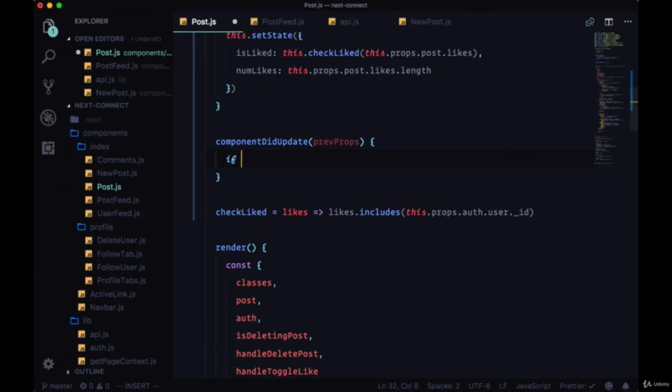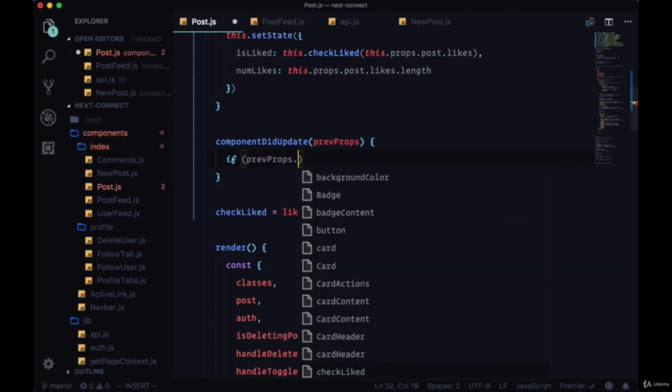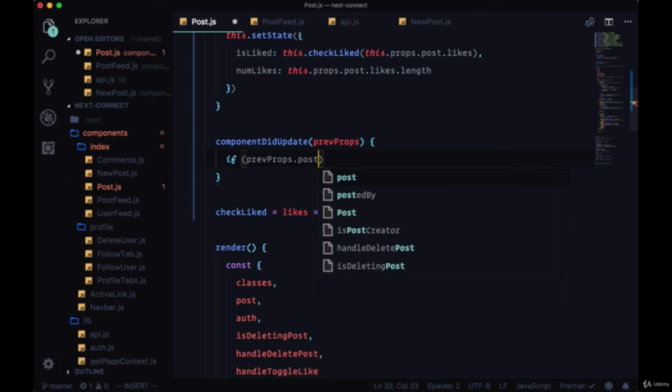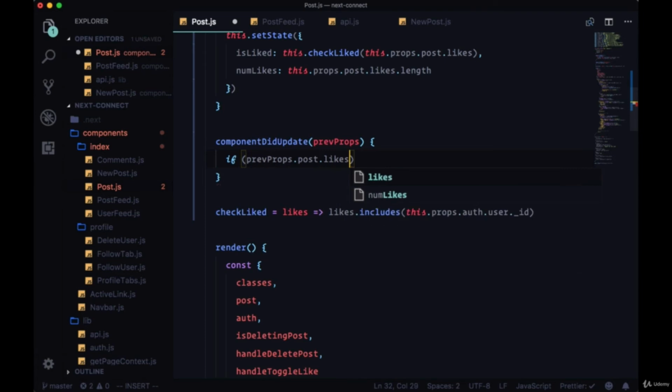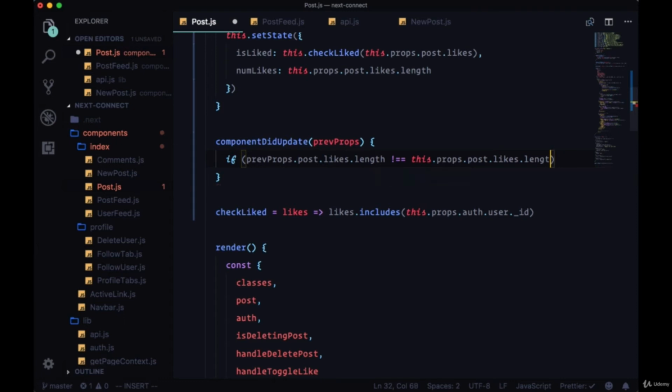So we'll add a conditional where we'll say if the previous value of the props object, and on that object, the post object, the likes array, its length, is not equal to this.props.post.likes.length, in other words, if our likes array has changed for the given post between its previous value and now,